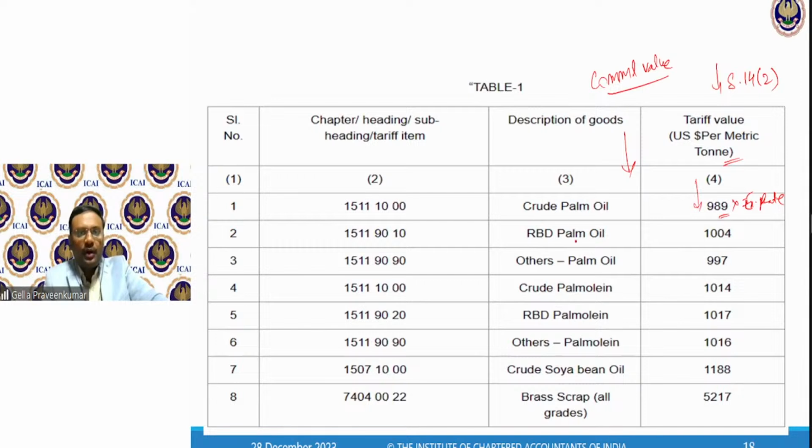Like you can see crude oil, palm oil, formalin, soya bean oil, brass, scrap. So there are a few items where there is always a susceptibility of price manipulation, and these prices fluctuate on a regular basis, like gold and jewelry rates. These oil rates also keep on fluctuating based on the trade which takes place abroad.